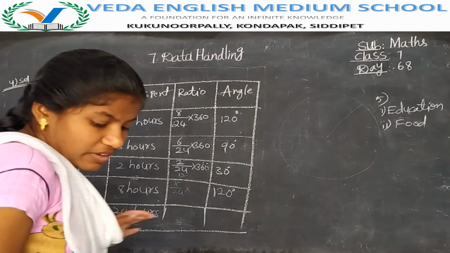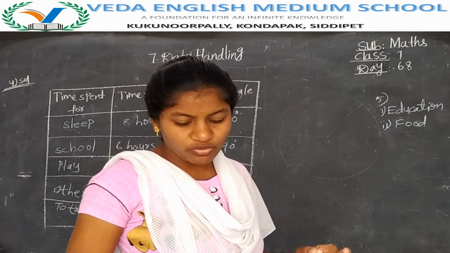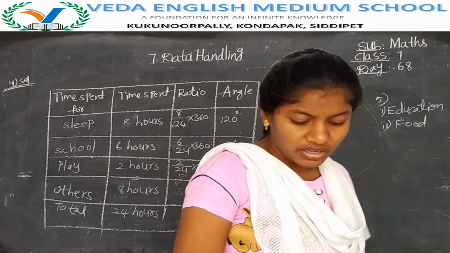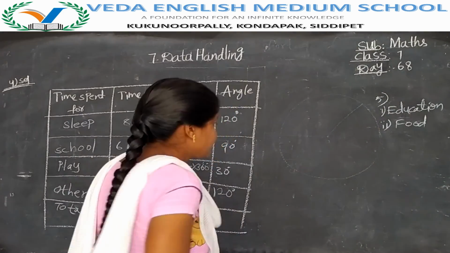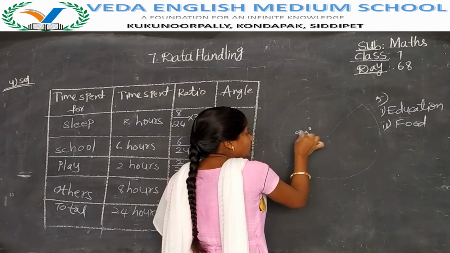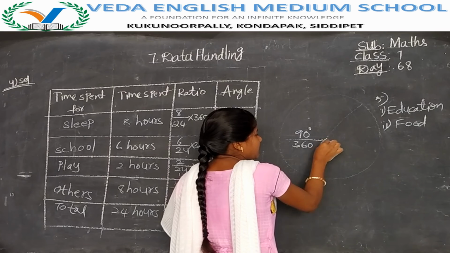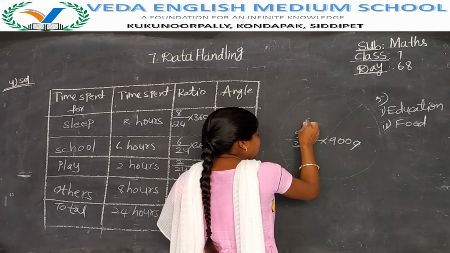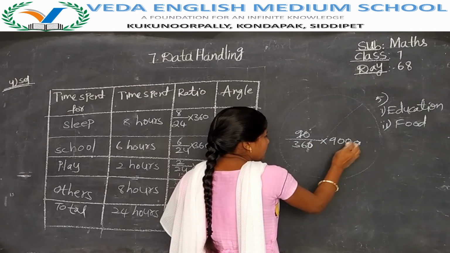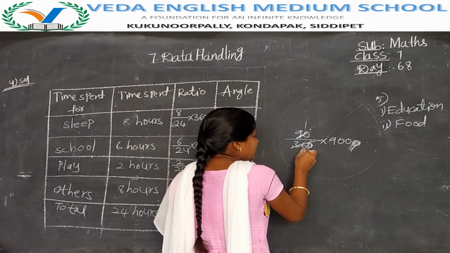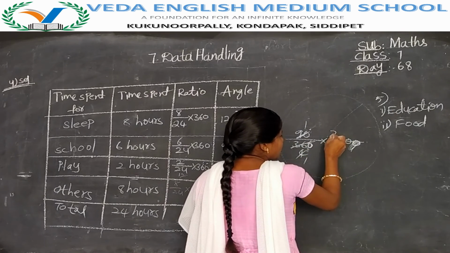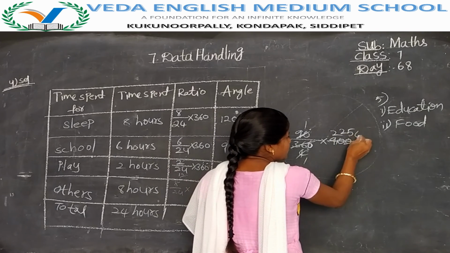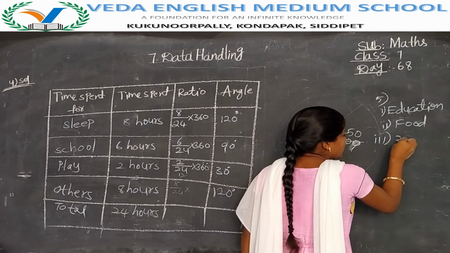Now the third one: if the monthly income of the family is 9,000, what is the expenditure on rent? On rent they have 90 degrees. So here we have to find it. 90 by 360, that is 90 degrees out of a total of 360 degrees, and they are spending 9,000. So 9,000 we have to write here. The zero gets cancelled, 9. Otherwise, don't do like this; we keep it like this only. 90 ones are 90, 4 ones are 4, 4 twos are 8. Out of 9, 1 left; 4 twos are 8, 9, 10. 4 fives are 20. So the money is 2,250.